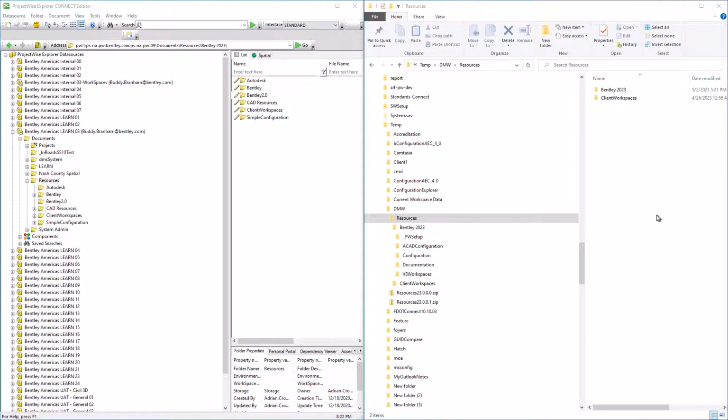Once that is done, unzip that file locally where we can drag the contents into ProjectWise Explorer. For the purpose of this demonstration, I have extracted the zip file to temp DMW. This zip file contains two directories, a Bentley 2023 directory and a Client Workspaces directory. If you have not already installed the Dynamic Managed Workspace, create a Resources folder and simply drag these two folders